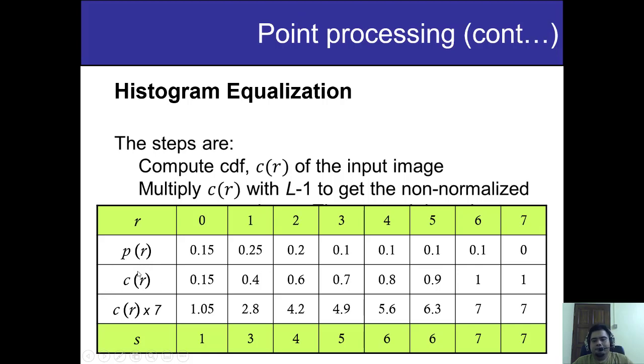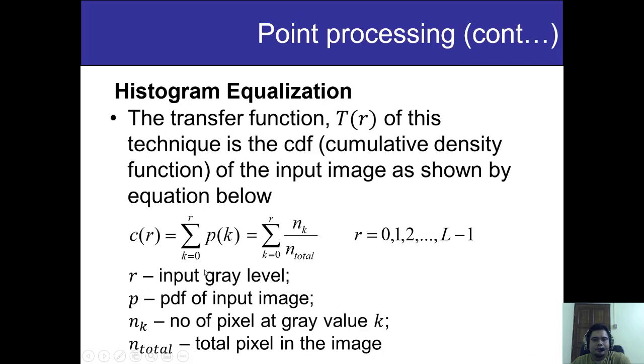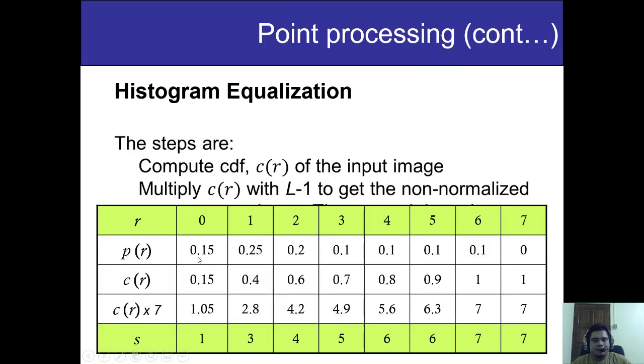So how do we apply this? How to generate this based on the equation is using this summation process. Once you have the probability distribution function in the table, the first number here you just bring down. To get this one you must add this one. That is the summation process. The summation notation is executed by adding this 0.15 with this 0.25, then you get 0.4.